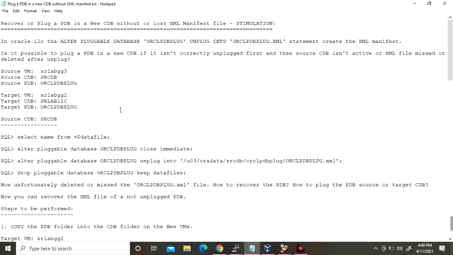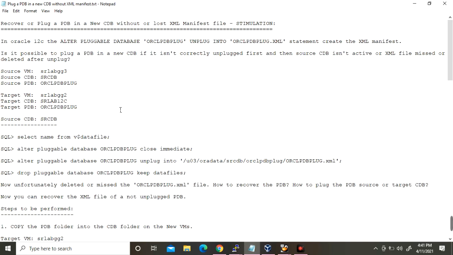I am going to unplug from the source CDB into the XML file, and after that I am going to delete that XML file. Then I am going to plug that PDB without the XML. After unplugging, the manifest file is not available, so how do we recover the PDB in the target VM?